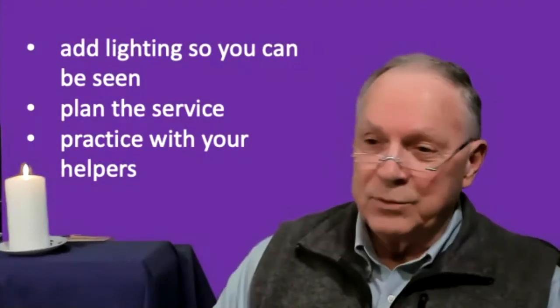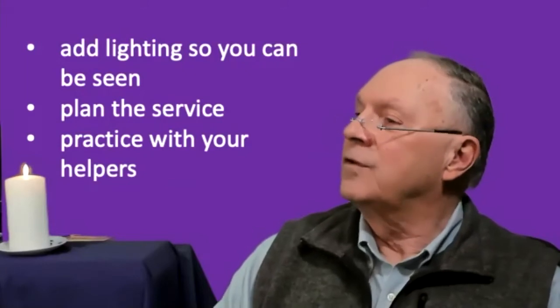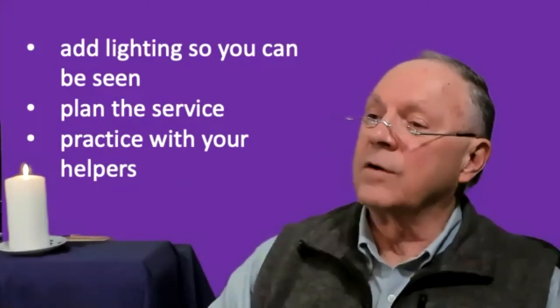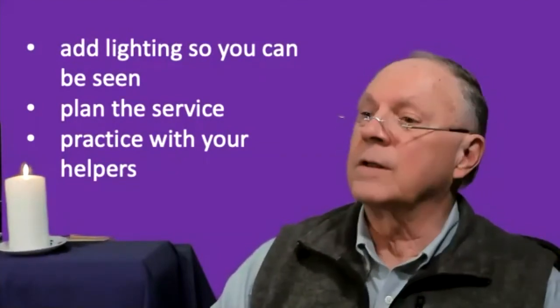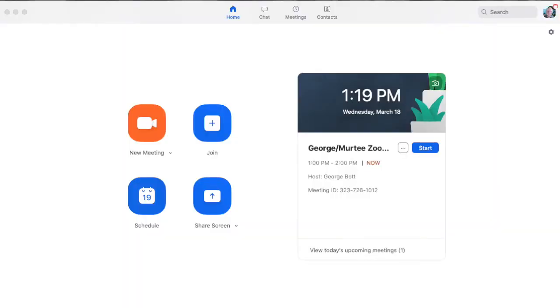What that does is it puts a small app onto your computer that gives you some controls. And one of those is control settings. I'm going to try and share my screen with you so you can see the unit that I'm talking about. Okay, so you should be able to see this meeting window that I've got open here. This is what the front page of that app looks like. I'll make it a little bit larger so it stands out on the screen. This allows me to go back to the meeting, to join a new meeting, to schedule a meeting, or to share my screen. And up here in the right-hand corner of this application, there's a settings button,